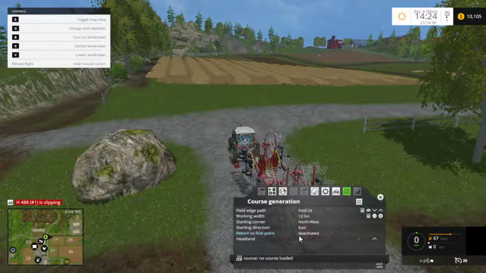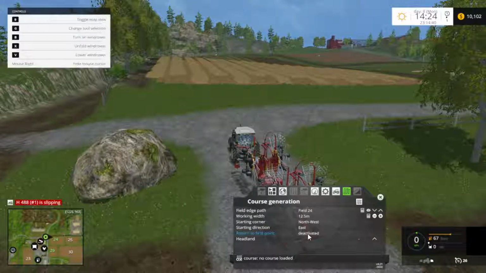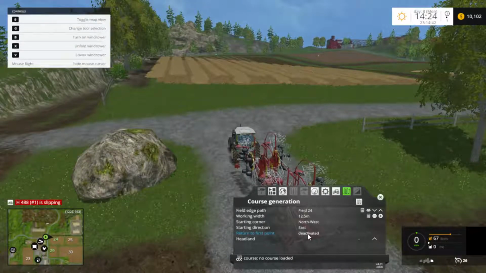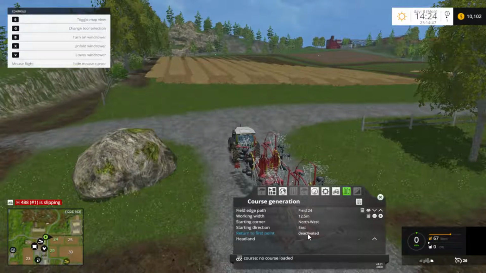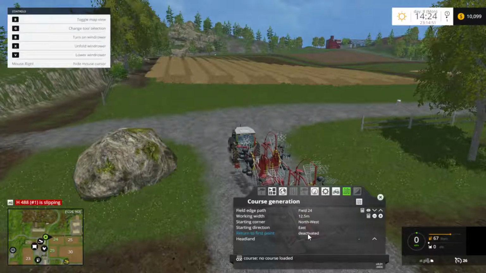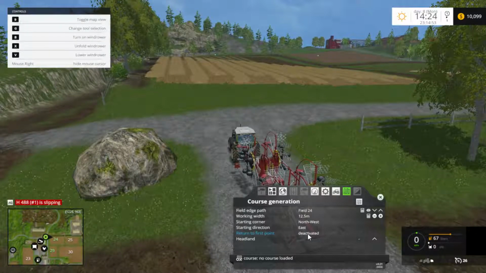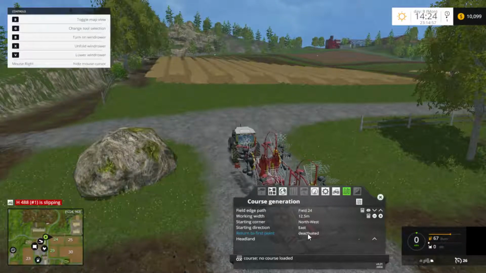With all that said, return to first point. This is worth noting. What happens here is if you want the tool to return to the first point in the course after it finishes, you activate this. Otherwise, you leave it deactivated. I'm going to leave it deactivated because I want it to stay over on the other side of the field